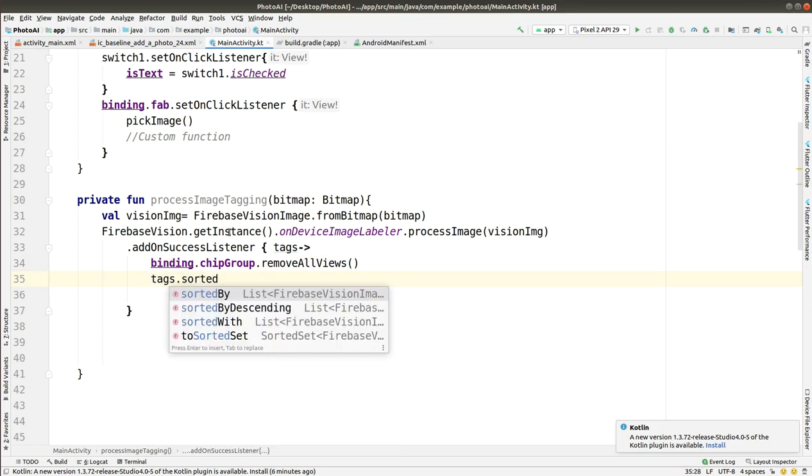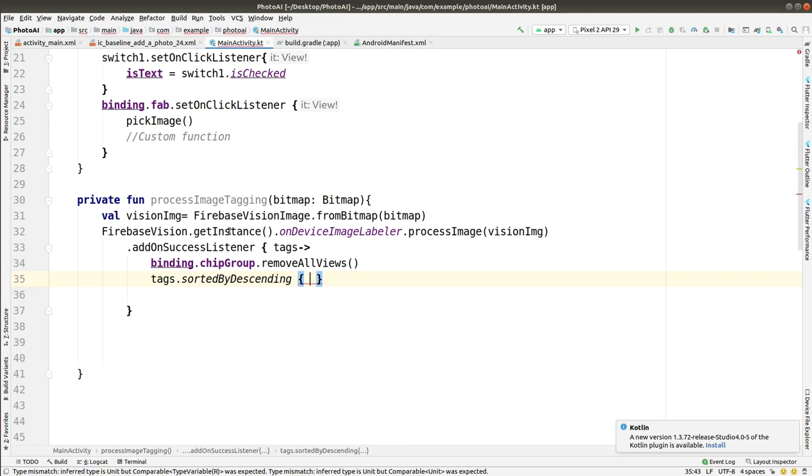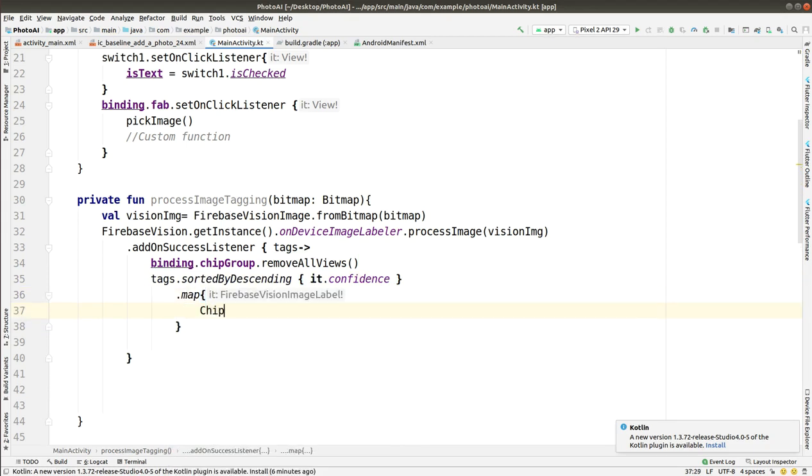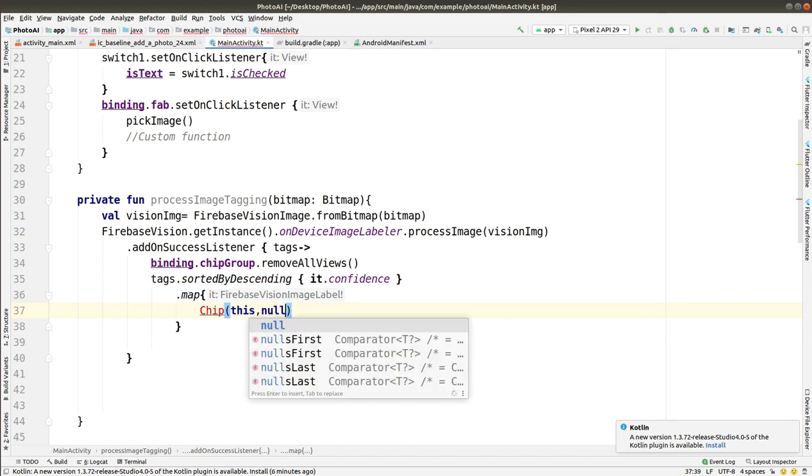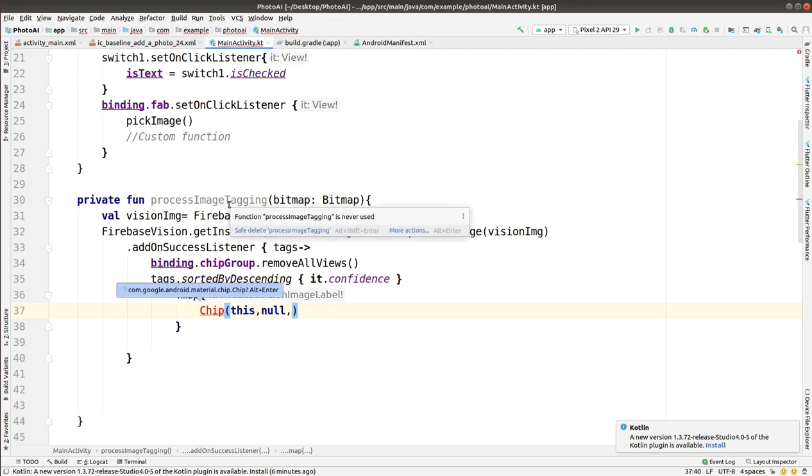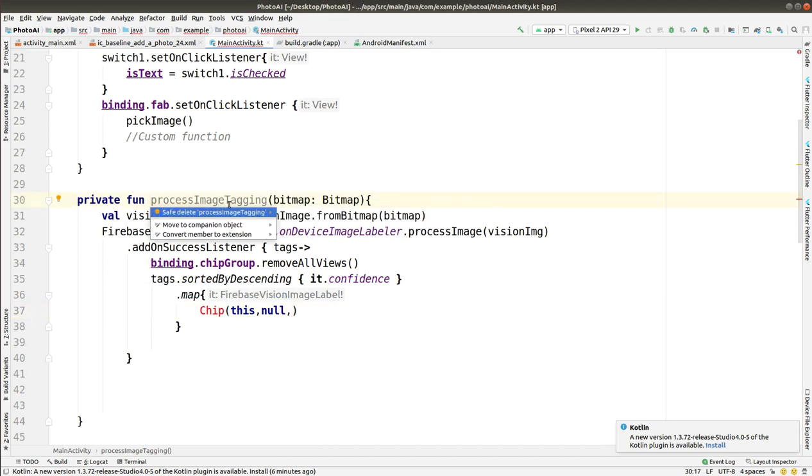So first of all, if it returns success, then we are going to add that add on success listener, and in this first of all we'll remove all the views. Then we will be adding tags. Chip group is a kind of thing that works on tags.